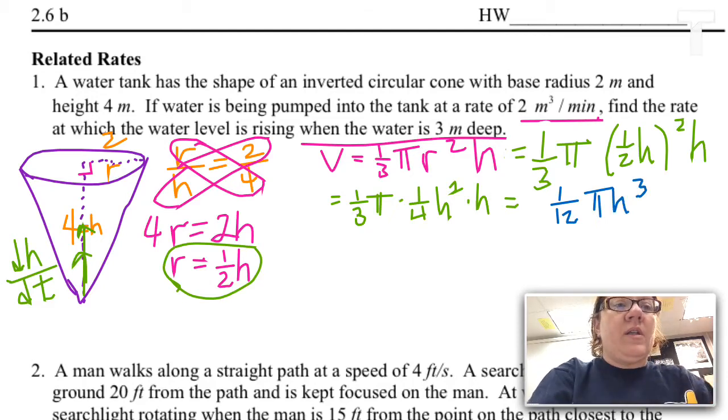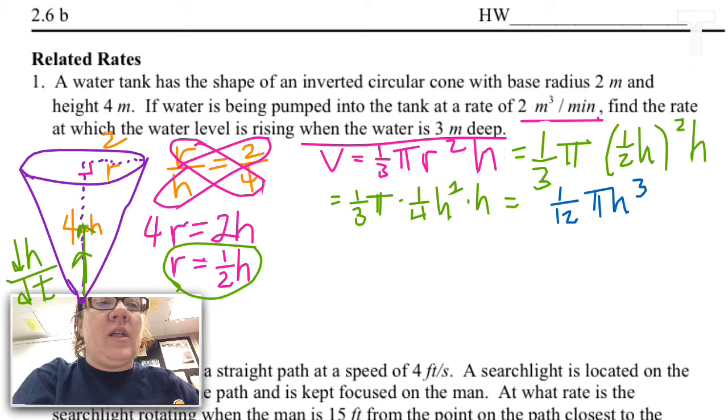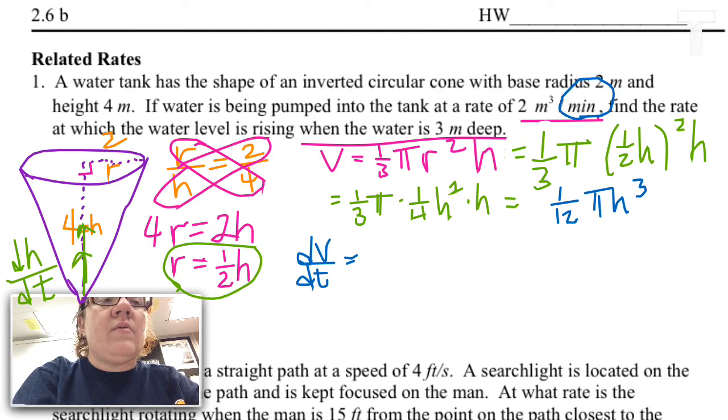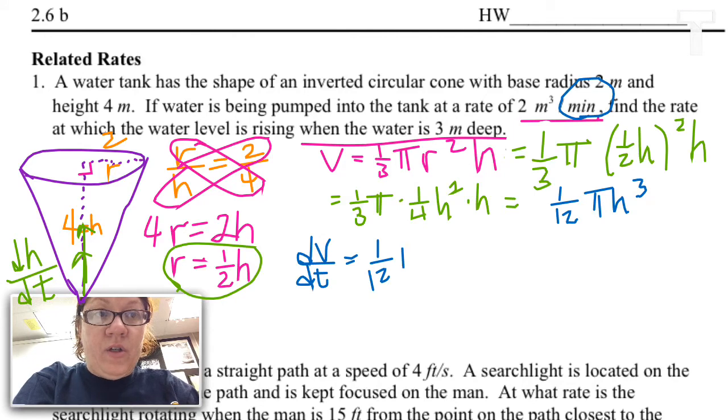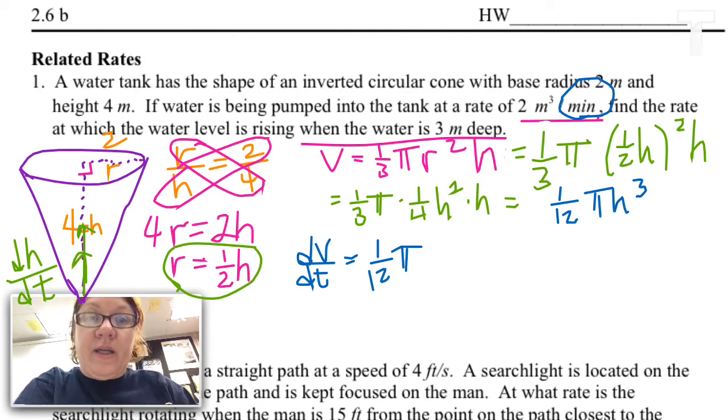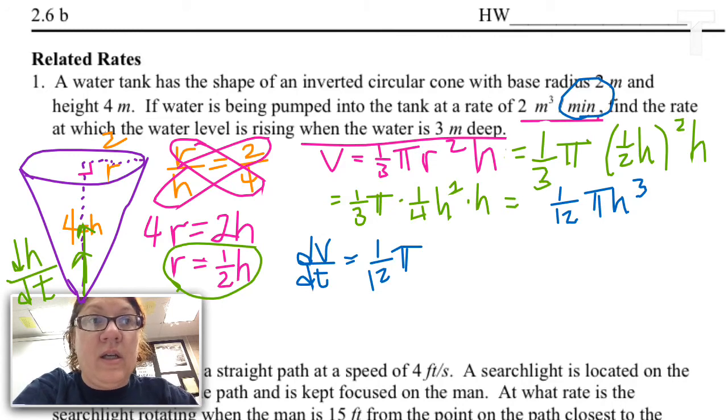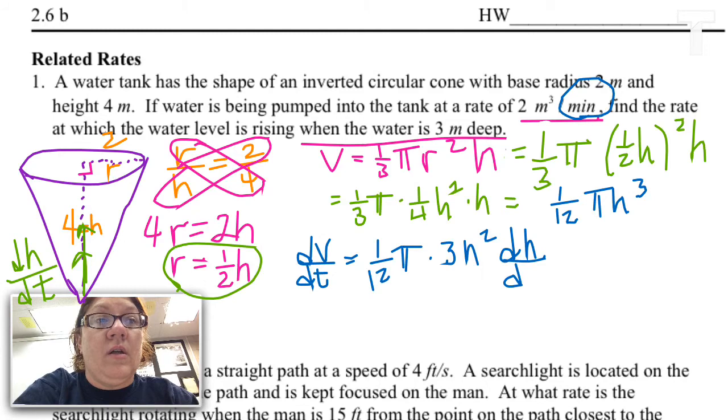And so that's what I'm going to take my derivative of, because of course I need to have dh/dt involved in here somewhere. So the derivative with respect to time, because I can tell, oh by the way, the time is minutes, so I have 1/12 pi. Now remember, the coefficient just hangs out in front until the variable does his thing. So 1/12 pi is going to sit here and wait for h to do his thing, which is power down and take the derivative of the variable. And of course I could simplify the 3 and the 12, so I really just have 1/4 pi h squared